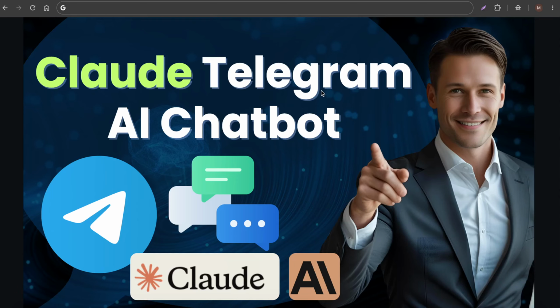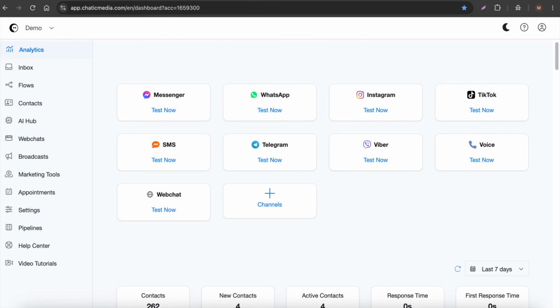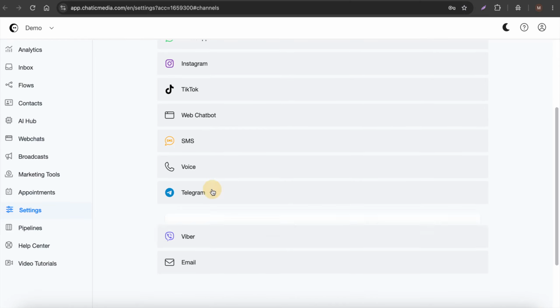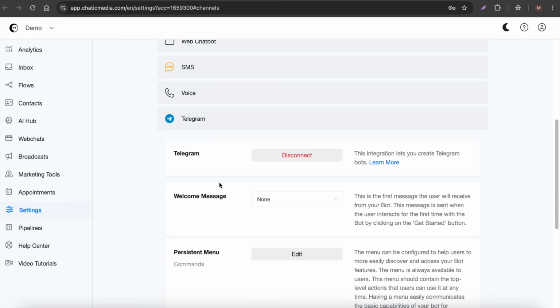Let's see how you can easily build a Telegram AI chatbot powered by Claude that can simply respond to the customer's questions. So here I'm in a demo account. The first step is to connect your Telegram bot right here. So if you're wondering how, click on this channels option over here. It will take you directly to settings channels where you can choose the Telegram and simply connect the bot token